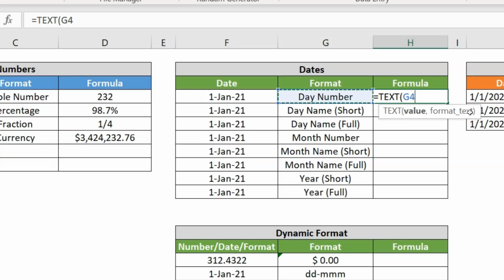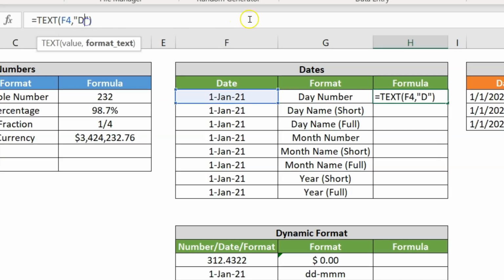So I'm using here TEXT, then this reference, comma, and then I'll use D and just close the bracket. D will return the day. Just press enter. It is returning 1. But if you want to show the 1 as 01, you can put D twice, DD, and just press enter.